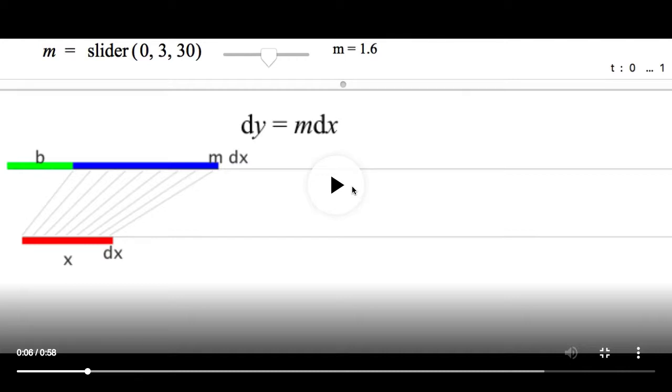And then up at the top, this mdx is a way to explain dy when x and y are in a constant rate of change relationship. Mdx is the same as dy. So